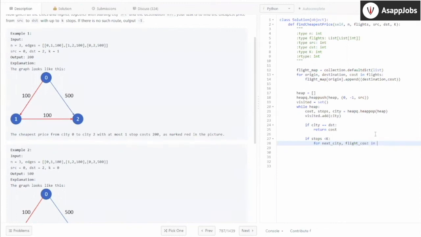Okay, so whichever vertex I pick right now, I'm picking the city path, right? What I'm doing is, the flight map tells me which other cities this particular city is connected to. So I take all the cities this particular city is connected to, and I take all those vertices as part of my cut. How do I take them as part of my cut? I add them in the priority queue.